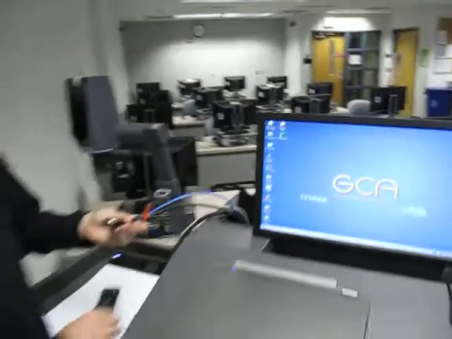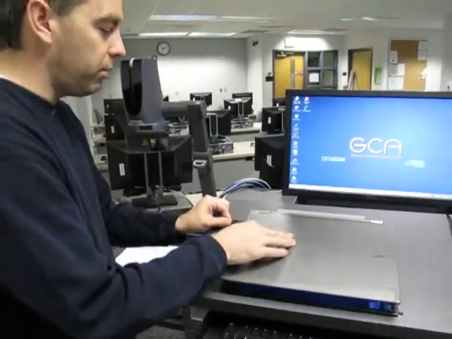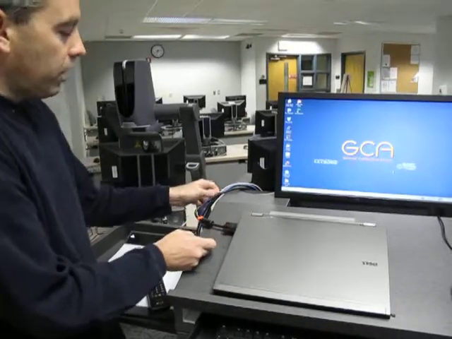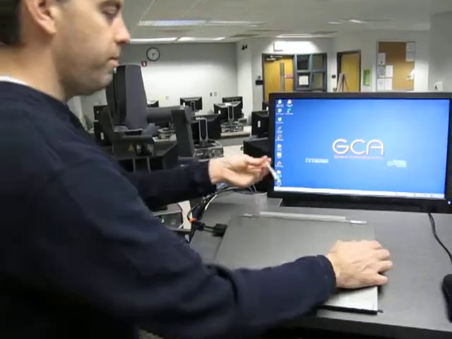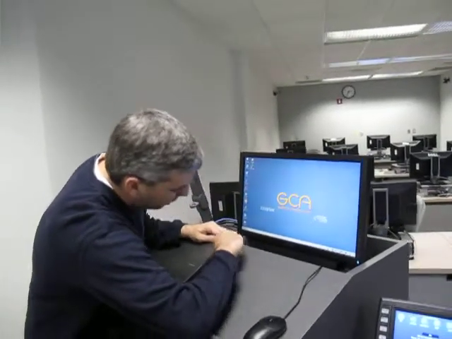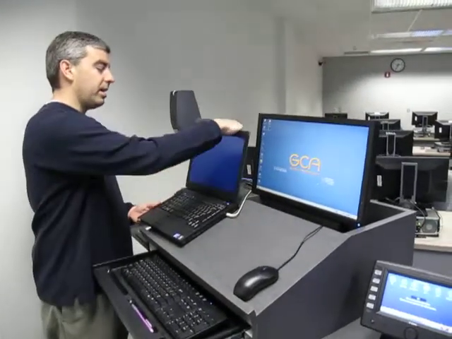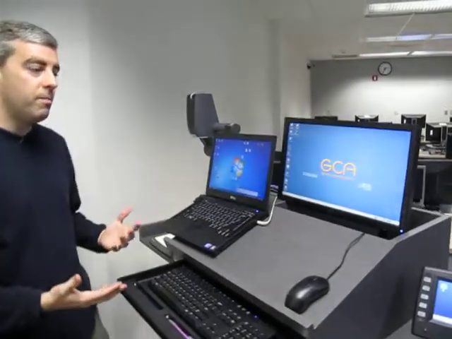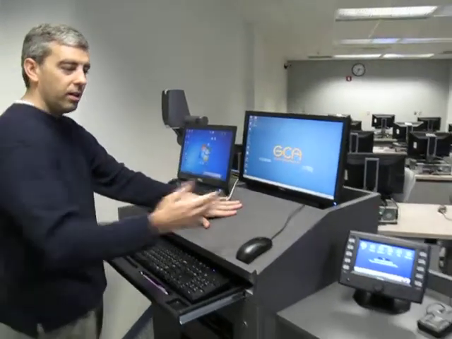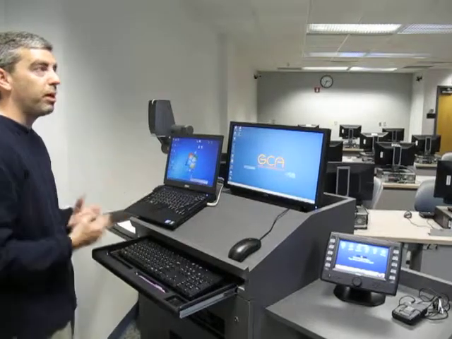My laptop happens to use an analog signal, so I'm going to hook up the laptop 1 to it. And then I'm also going to hook up the white audio cord, and I'm going to plug that into my headphone jack. This audio cable can plug into the headphone jack of any device that you might want to bring in, your iPod, your MP3 player, anything that you wanted your students to hear. You could plug this in, select laptop on the source, and then anything that you're playing will be heard over